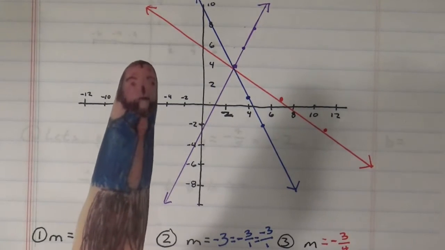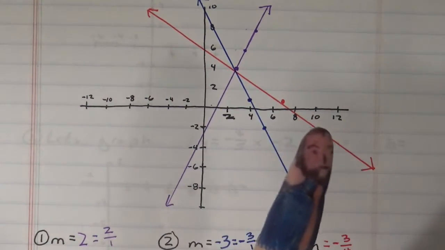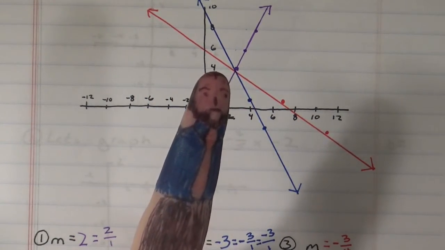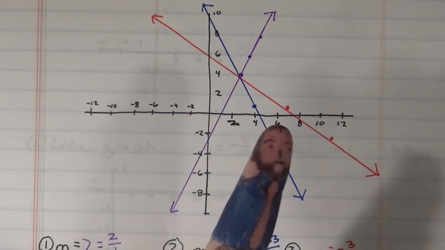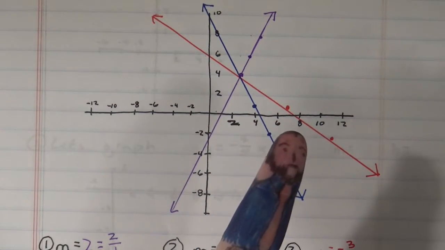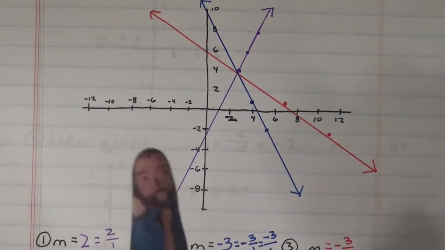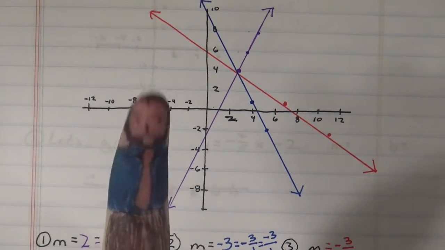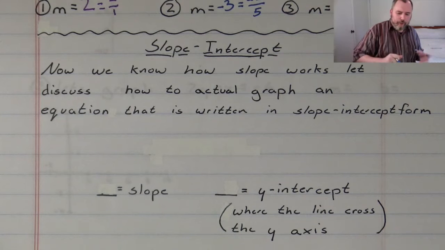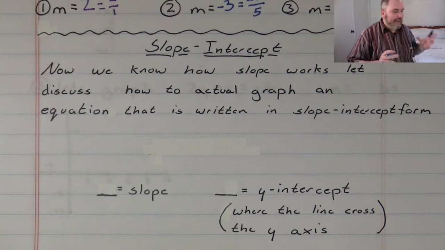You shouldn't have something like this red line right here. It started at 3/4, then it went down 3 to the right 4, down 3 and to the right 4 again. All right, that's how we do it. All right, now that we know how slope works, we can actually use that information to help us take an